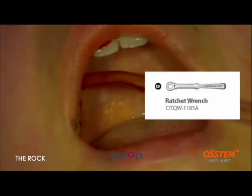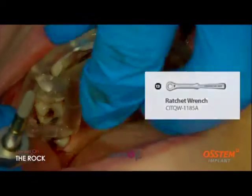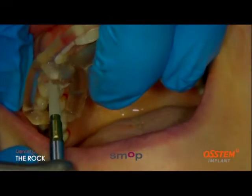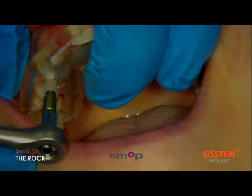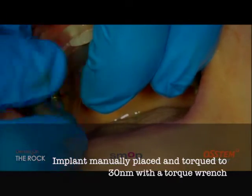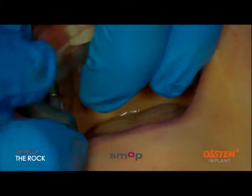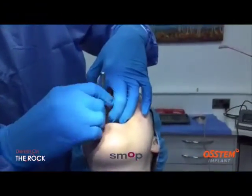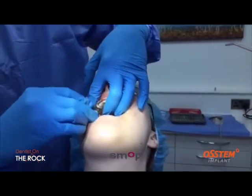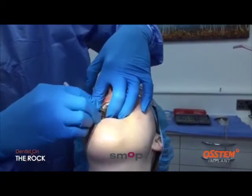Got two levels of accuracy. You've got the accuracy of the drill itself, and you've got the accuracy of the placement of the implant, because the implant's then also guided through here into the prepared osteotomy. But then the guide mount, when that engages through that tube, will in itself make sure that the implant is at the right angulation, depth,